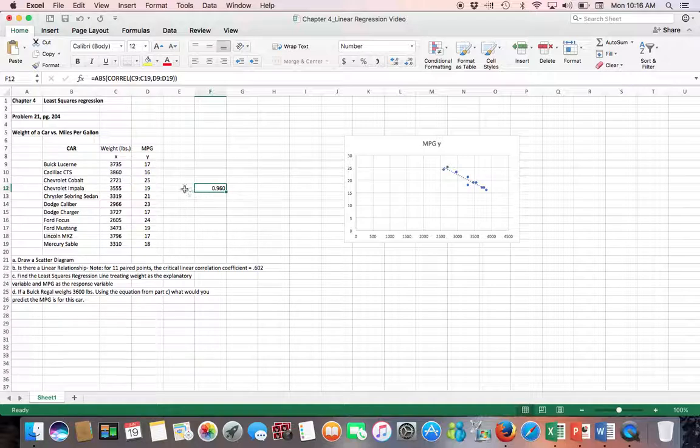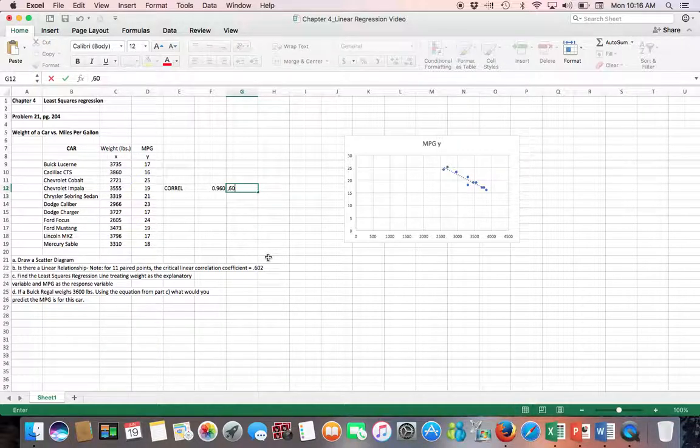And you see the correlation is 0.96, and the critical correlation is 0.602. Because the correlation of the points is greater than the critical correlation,